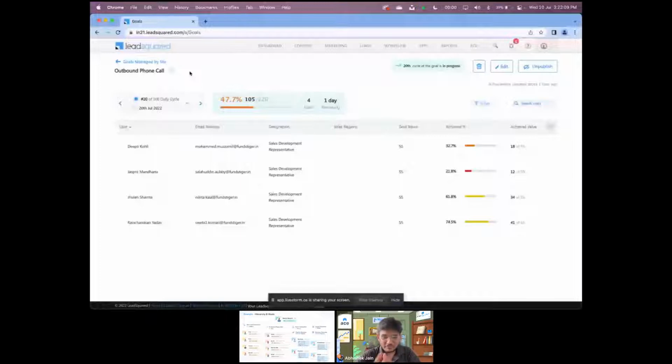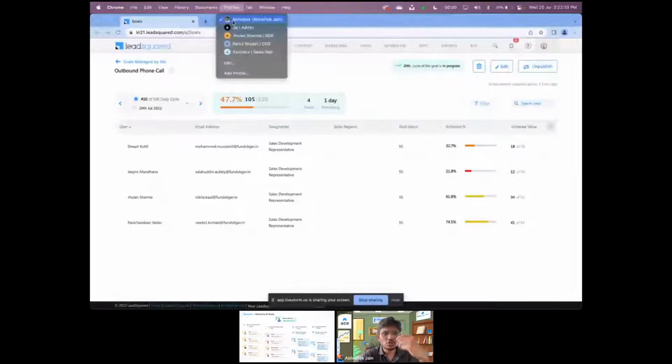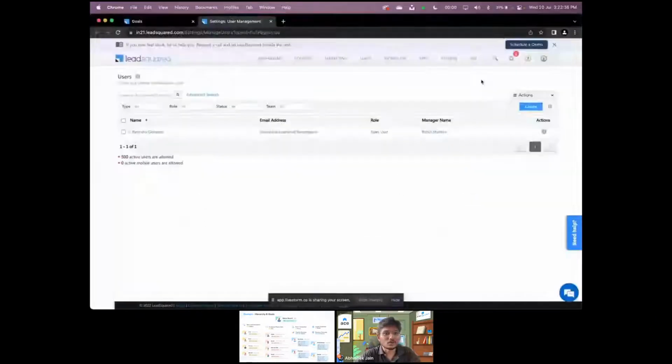So we have decoupled the entire configuration piece. If you have a sales op representative who is very well aware of LeadSquared, then you can hand over the entire configuration piece to them. Or if you yourself as a CEO, CXO, or a manager are very well aware of LeadSquared and can do the configuration on your own, you can do that as well. But in this case, let me quickly jump onto the admin's profile to show you how an admin will configure any goal, right?